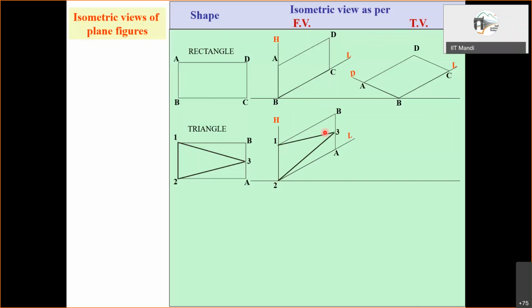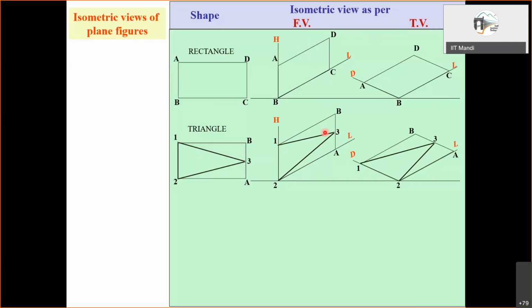So we complete the triangle. So when the distance is not along the isometric lines, then we locate the corners, and once the corners are located, we can join the corners to form a line. So this is what we will be following, right?